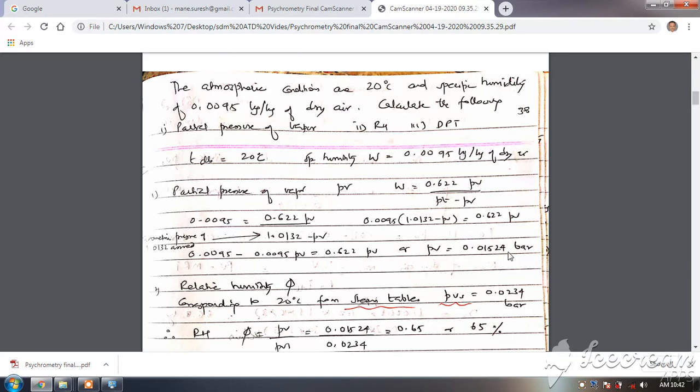Okay, so the pressure we have got is in bar, since we have used bar directly. So this is PV. Once you know this PV, the partial pressure of vapor, the corresponding temperature in the steam table is the dew point temperature. When dew point temperature is given, the corresponding saturation pressure is PV, and when we calculate PV, the corresponding temperature is the dew point temperature.